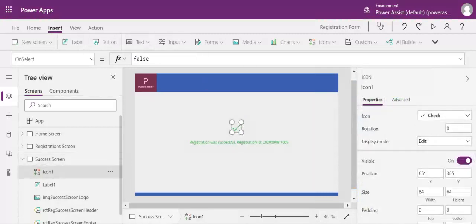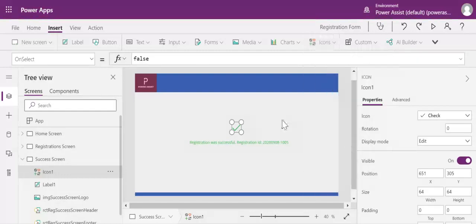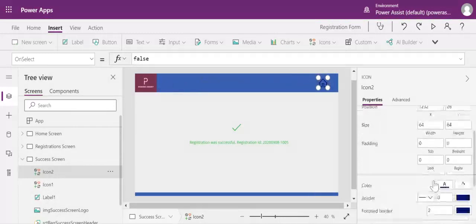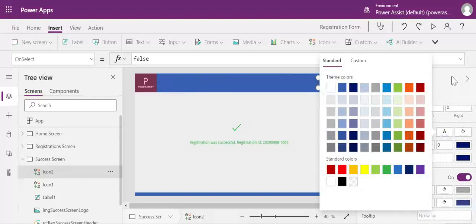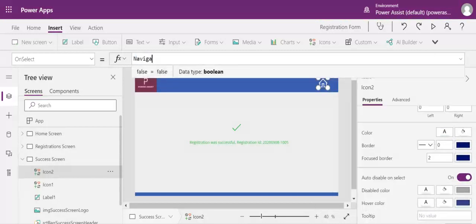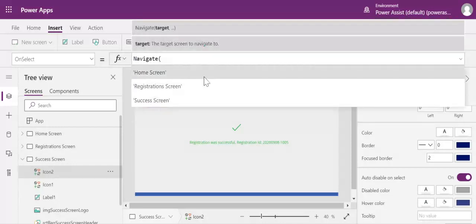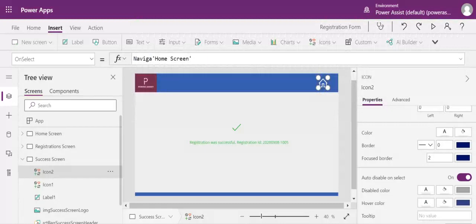And to get back to our home screen, let us add a home button to navigate the user to the home screen. On this button, I am going to use the Navigate option, which allows us to navigate from one screen to another screen. So I'm going to select home screen.